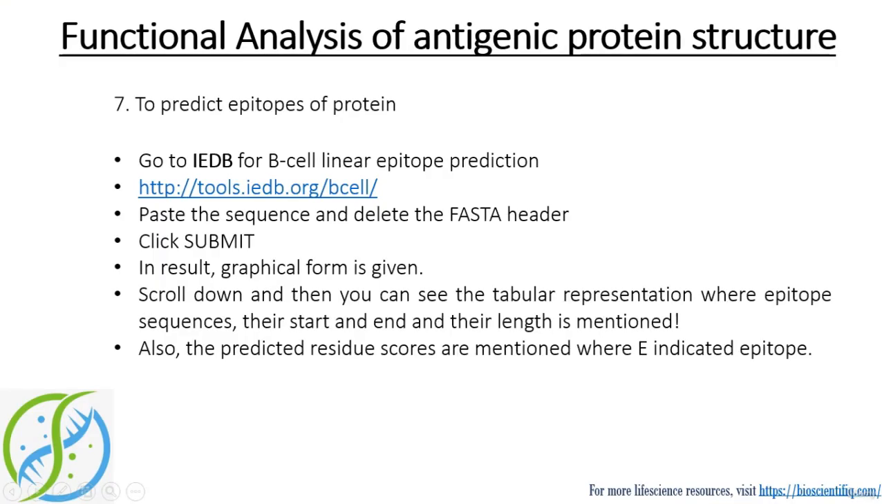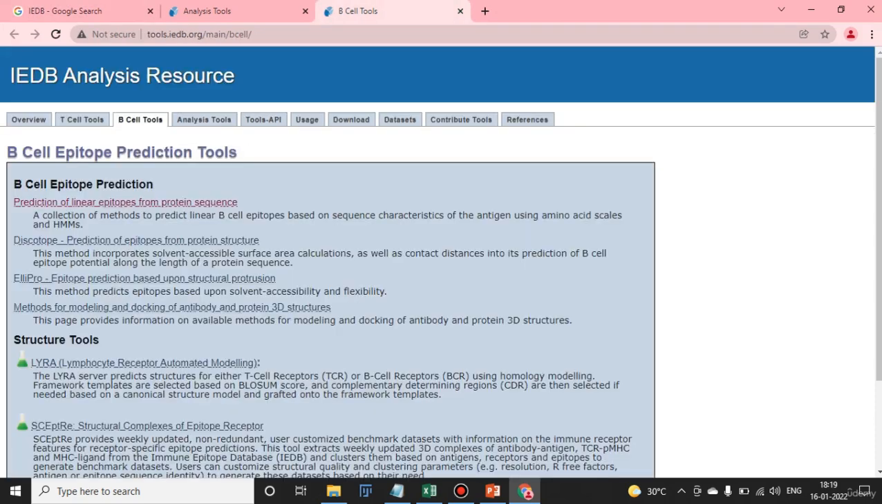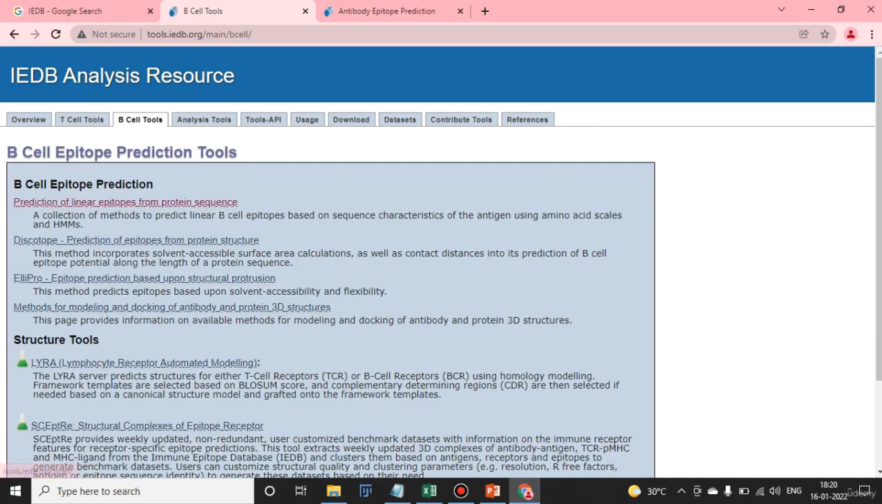Another server which predicts the B cell linear epitope prediction is IEDB. So go to this particular link, paste the sequence, delete the FASTA header and click the submit button. So let's do the step. Google IEDB. Here go to the analysis tools, or you can directly go to B cell epitope prediction tools. When you go to B cell epitope prediction tools, select the first result, prediction of linear epitopes from protein sequence. Or if you want to go from analysis tools, go to B cell tools and then go with the first result. Okay,